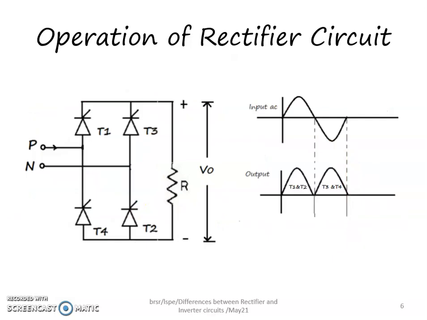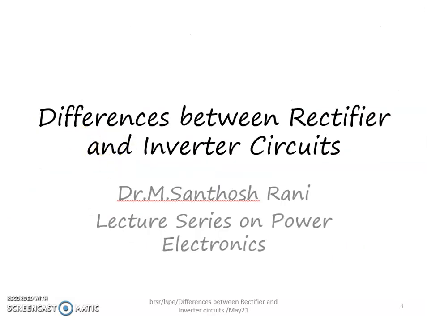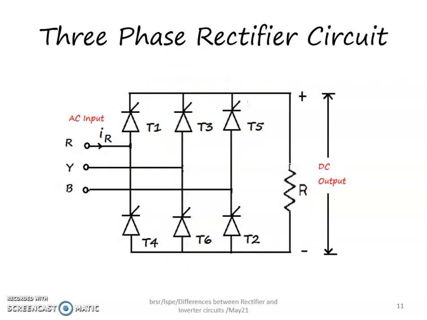The next one you can see is three-phase. I'll just give an idea about what a three-phase rectifier and a three-phase inverter are and how the outputs are going to be, but the exact operation of the three-phase rectifier and inverter will be explained in the next lecture. This is a three-phase rectifier circuit. It is similar to a single-phase circuit, but you have two more thyristors connected, and here also the AC input is given, a three-phase input.